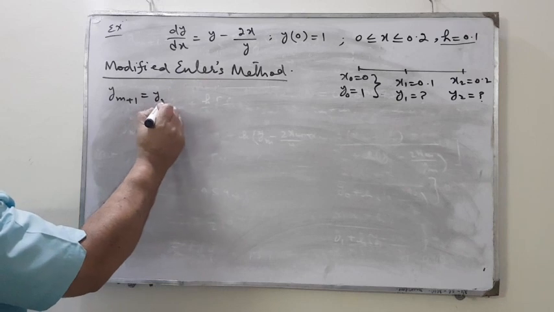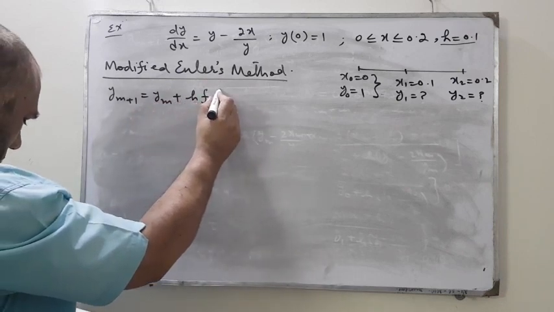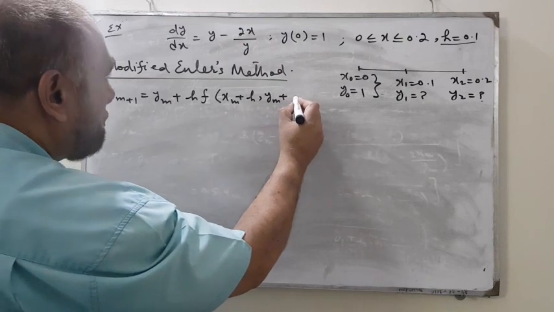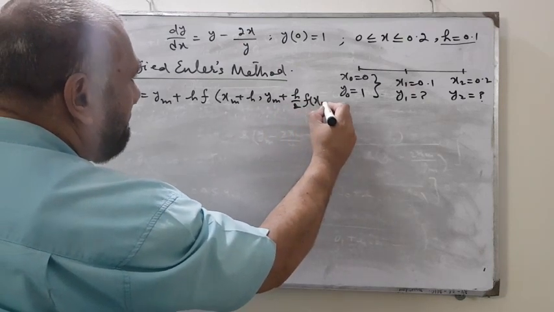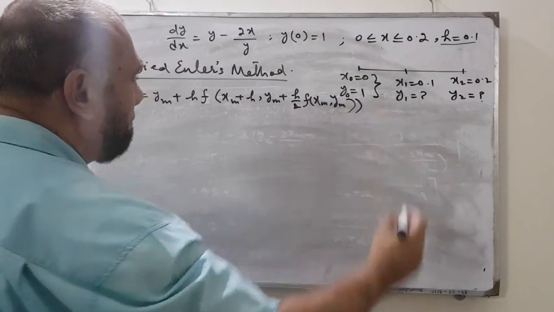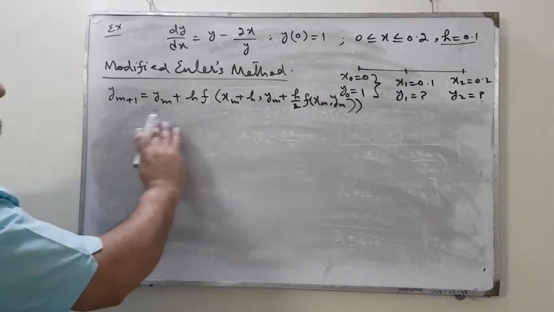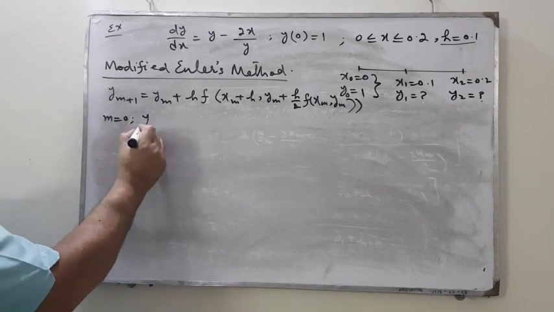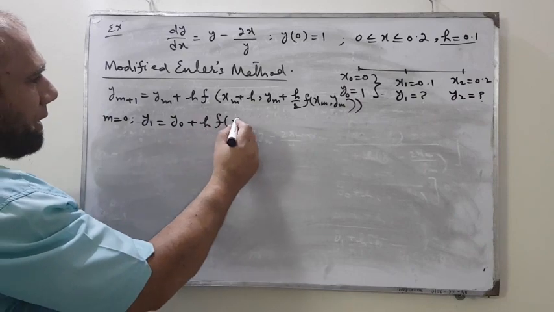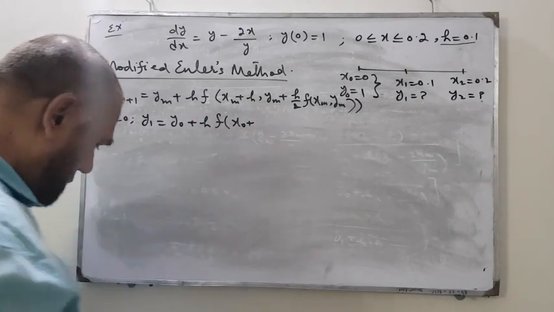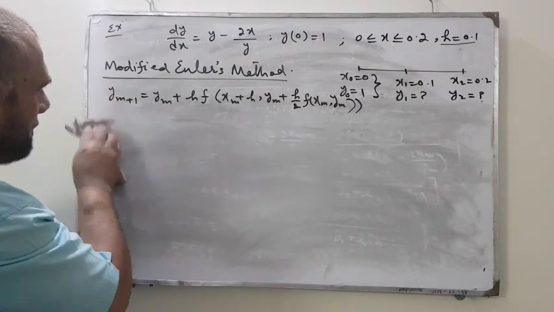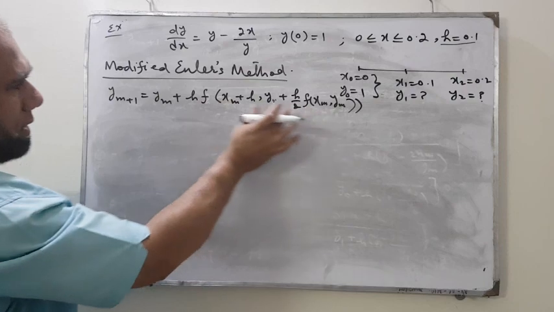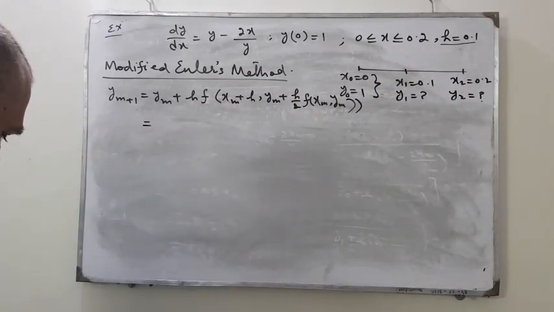y(m+1) is equal to ym plus h times f of (xm plus h/2, ym plus h/2 times f of xm and ym). So this is the modified Euler's method formula. Start the recursive relation from putting m equals to 0. This gives you y1 on the left side, y0 plus h, x0 plus h. Before putting the values, why don't we put the functions in? If you substitute the function and replace the inner function by this quantity, and then replace the outer function, you will be getting the recursive relation of the form